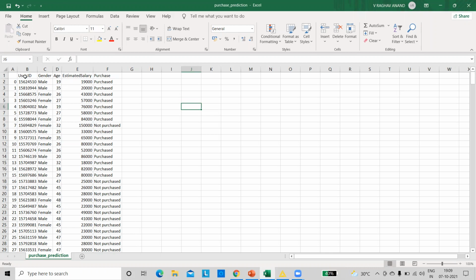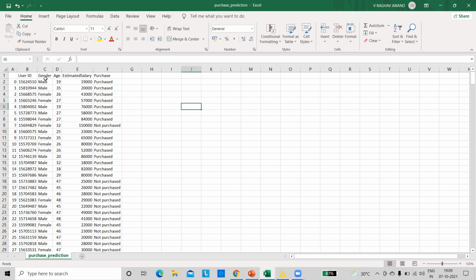What we'll be doing is removing the user ID column because it will not really be necessary for the model that we are going to train, because user ID is not going to influence a customer while purchasing a product. So that is not necessary. Apart from that, we'll have 4 columns, out of which the purchase column will be the target column, depending upon the age, estimated salary, and gender, we'll be predicting if the customer purchased the product or not.